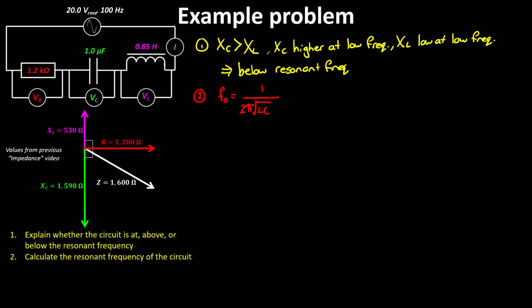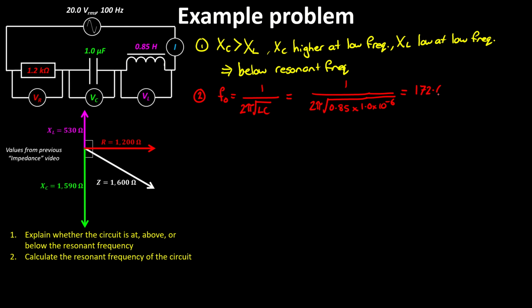One over 2 pi square root LC. So if we look at the values that we have in that and substitute them in, so 1 over 2 pi times the square root of L is 0.85, and C is 1.0 times 10 to the negative 6, 1 microfarad, so it's negative 6. And if we plug all those numbers in and do the calculation, we end up with a value of